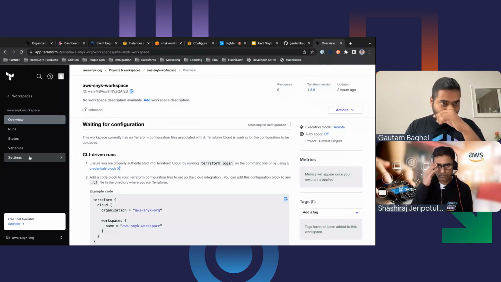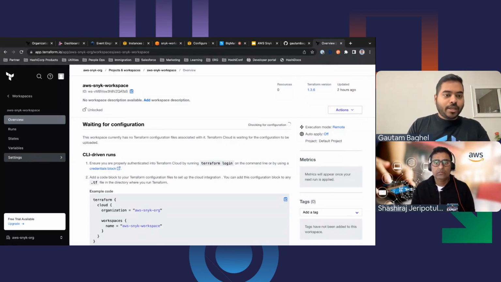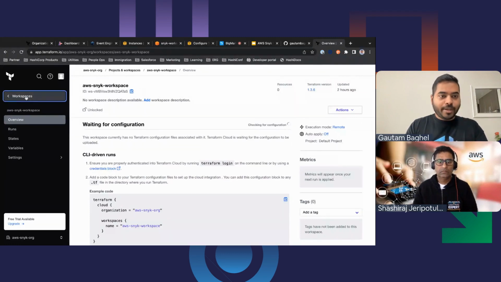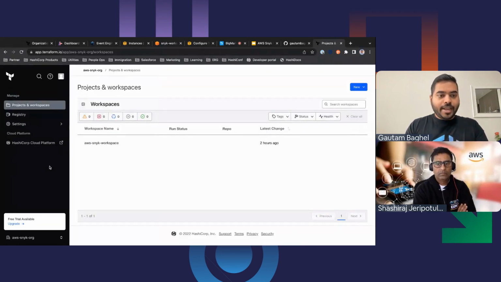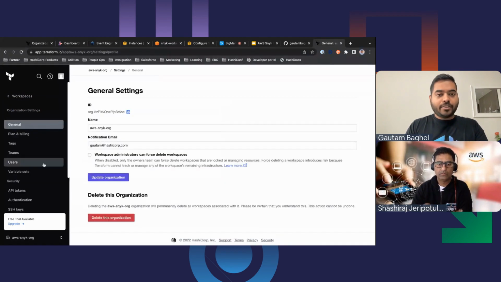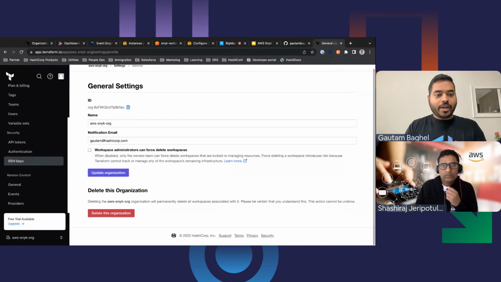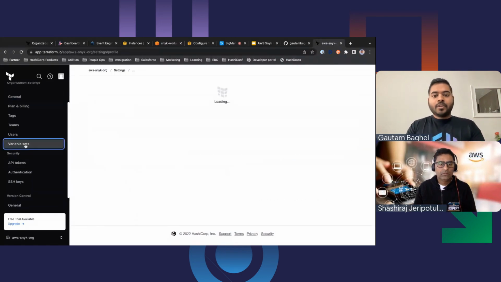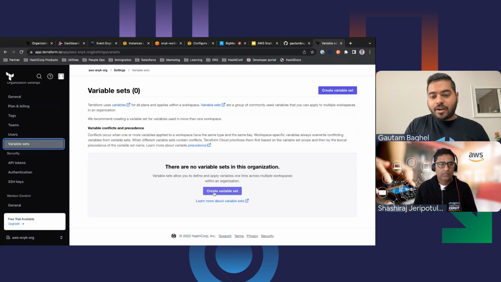So I'm going to go back to all my workspaces. And here, this is my organization settings. I'll go to my organization settings, and I'm going to create what's called a variable set. A variable set is a set of environment or Terraform variables that you can attach to multiple workspaces.